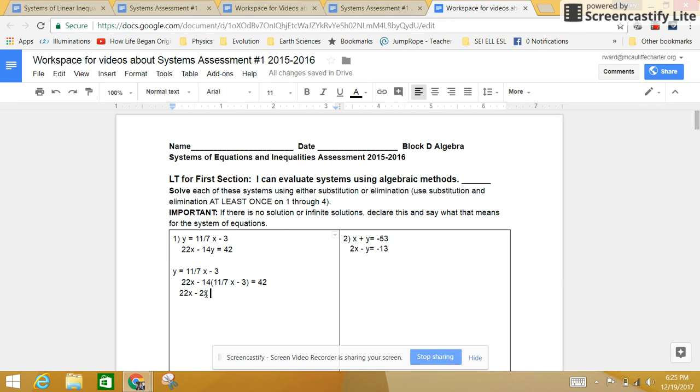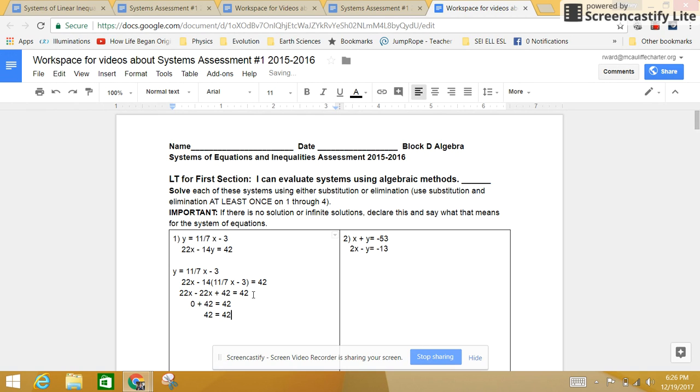That's going to be a positive, so I'm going to focus on 14 times 3 being positive. So that'll be plus 42, because 14 times 3 is 42. Negative 14 times negative 3 is also 42, and that's what I've got. And that equals 42. Wait, that wasn't 2x, that's 2 times 11, so that's 22x. I fixed that. So that was back when I reduced this 14 times 11/7 into 2 times 11, 22. Now, you might notice 22x minus 22x is zero, so that equals 0. I've got plus 42 equals 42, which is just